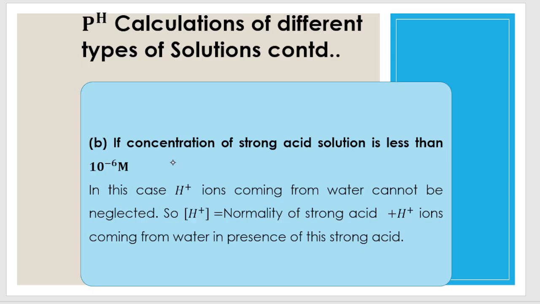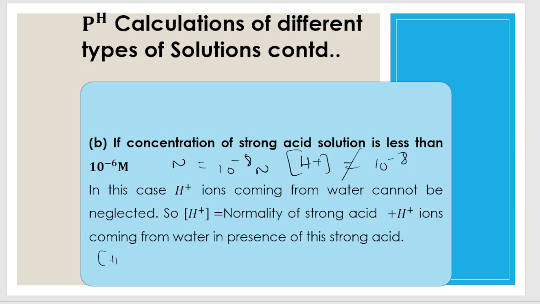If it is less than 10 power minus 6, meaning if the normality of an acidic solution is 10 power minus 8 normal, which is definitely less than 10 power minus 6, then we can't take the H plus ion concentration as 10 power minus 8. The H plus ion concentration is not 10 power minus 8. Why? Because